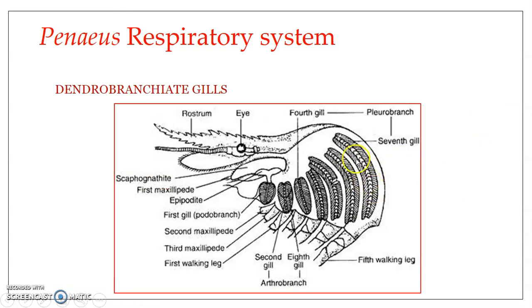And each gill, if you take, it is crescentic shaped. Crescentic means it is half moon shaped. Okay, and it has a central axis. Each of the gills has a central axis, and this central axis is what is known as the gill axis, or it is otherwise known as the gill stem. And on this axis we can find numerous thin, very much flattened, bilaterally arranged plates. Here you can see these are the structures.